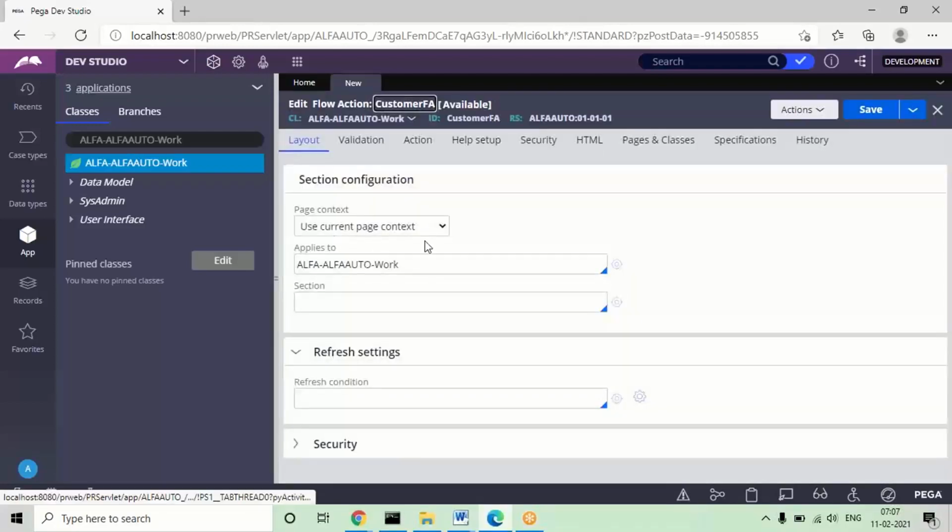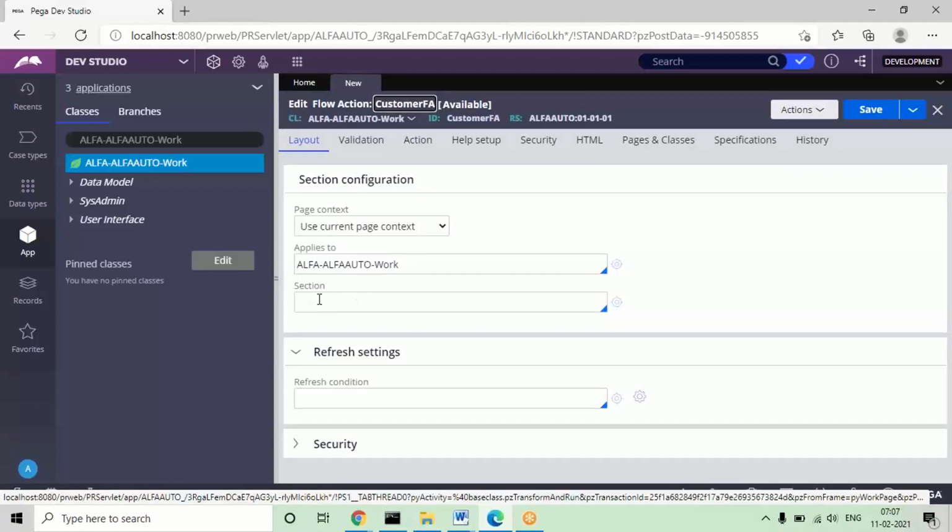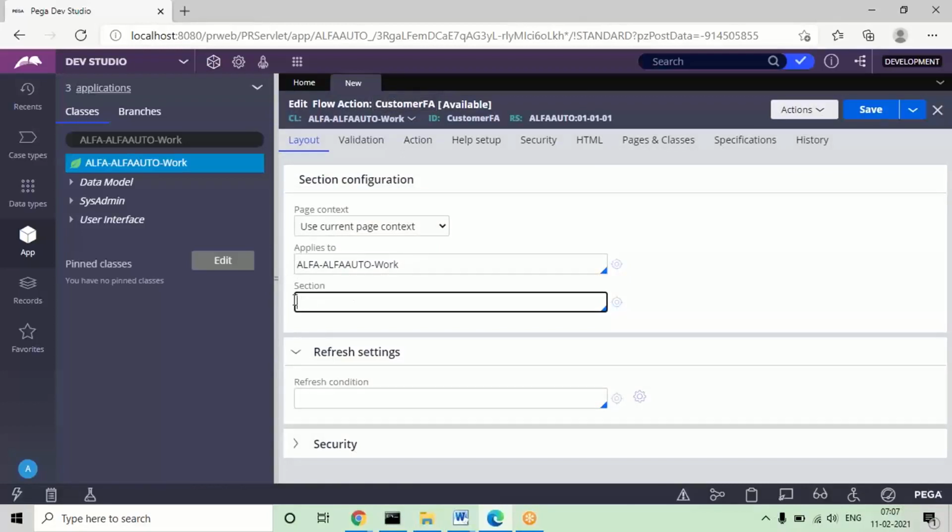Okay, today we are only going to use this. We need to give the name of the section we are going to use in this flaction. It is a container of section. As of now we are going to call this customer section. In the drop down you can choose this. If you want to get these drop down options from your keyboard, you can click on the down arrow. You can see these options, the section name, and just save the flaction. As of now this is all that is required.